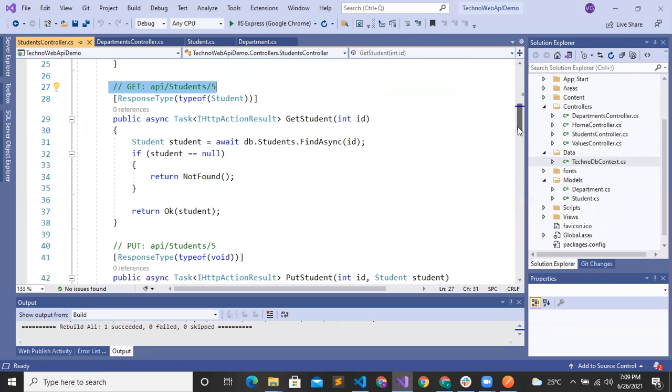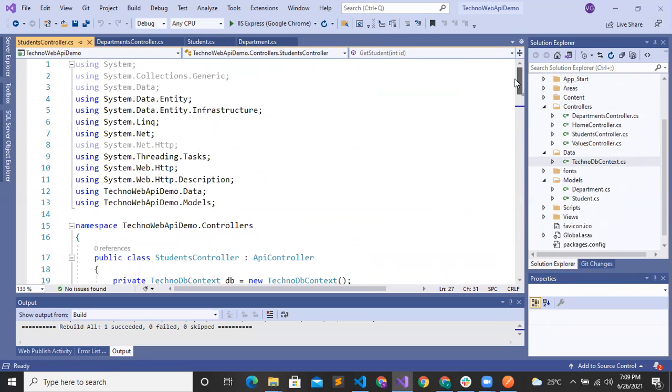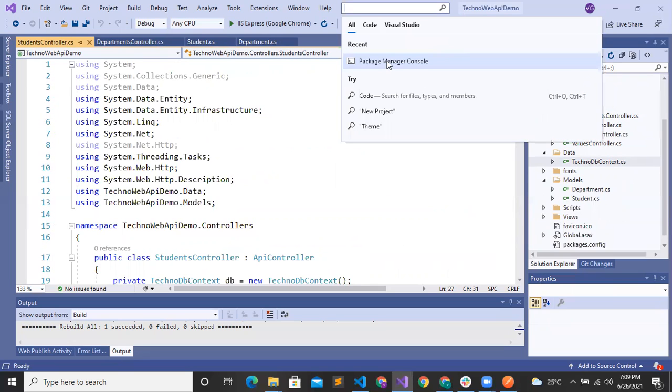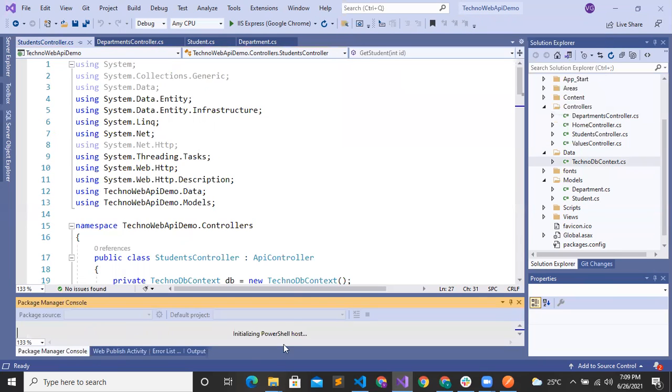Now we will generate the database. For that, first of all, you have to open the Package Manager Console. If you are not able to find it, just search in the search box for Package Manager Console.